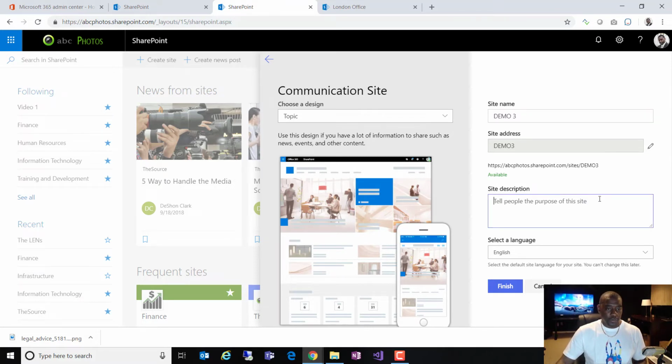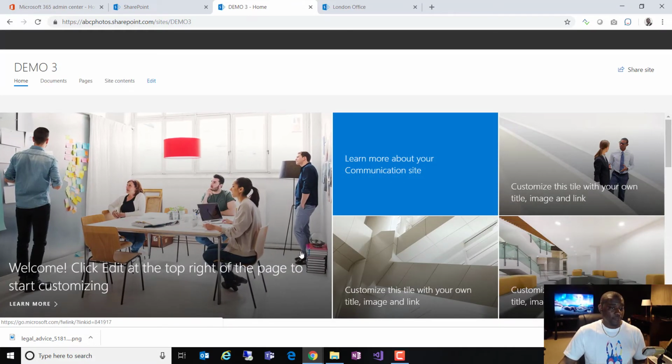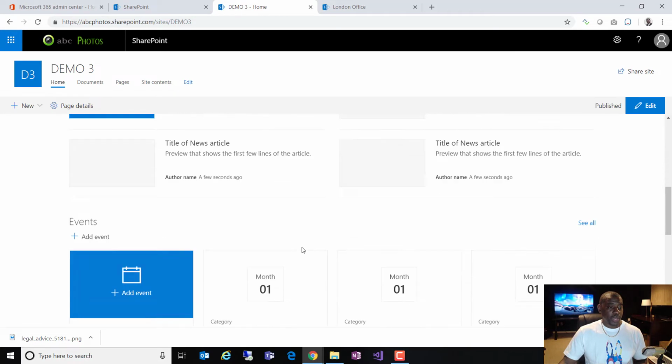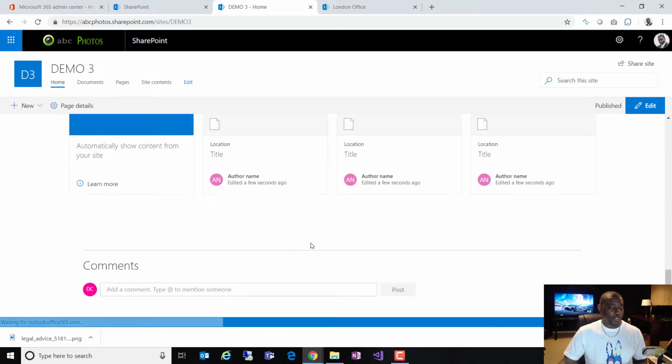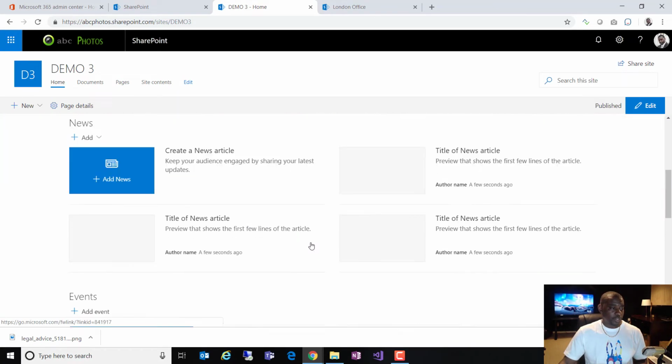Okay, so here, let's put a little description here. Let's say Feb 2019 modern intranet, right? And everything else is fine. Click finish. Because this is on the modern stack, these take seconds to create versus a minute or two. And there we have it. So we have our placeholders, we have our sample